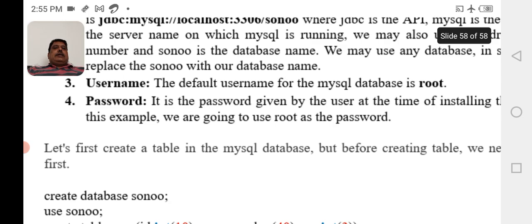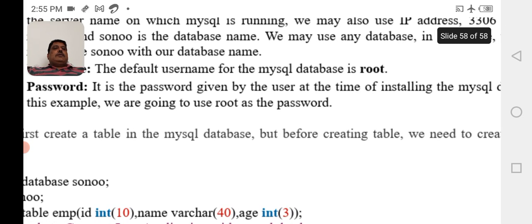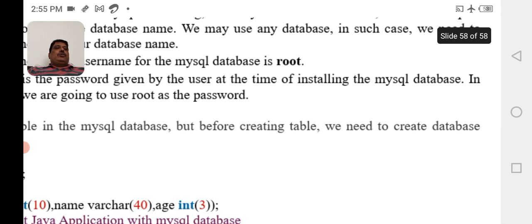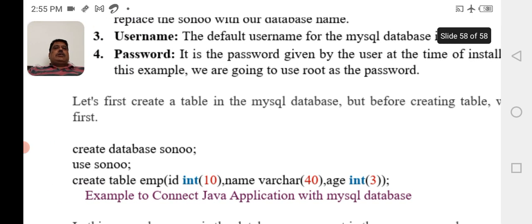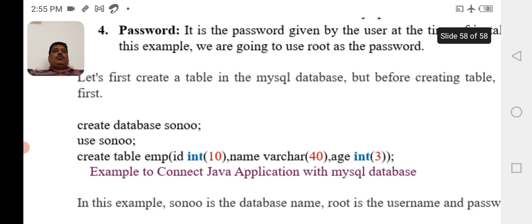Let's first create a table in the MySQL database. But before creating a table, we need to create the database first. So: create database sonoo; use sonoo; create table emp(id int(10), name varchar(40), age int(3));